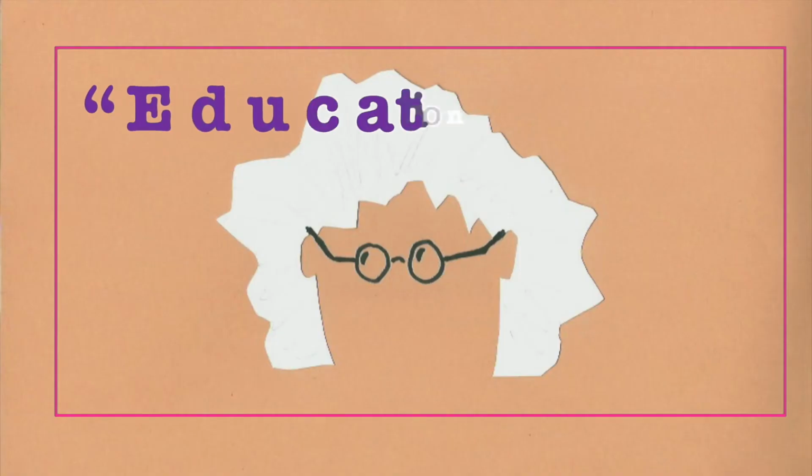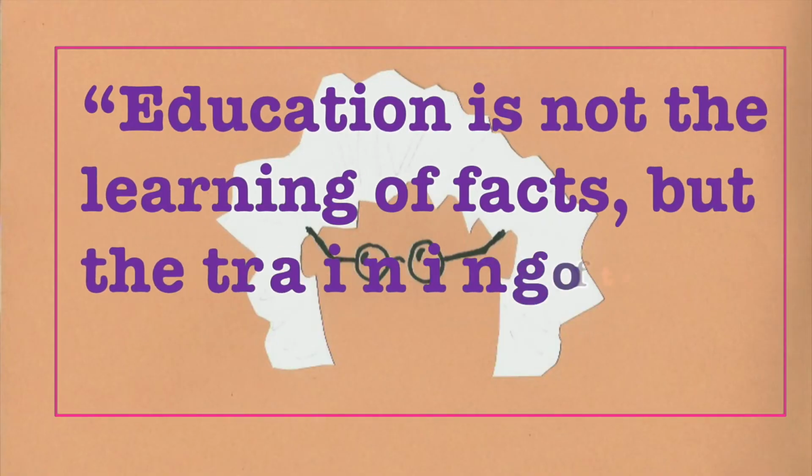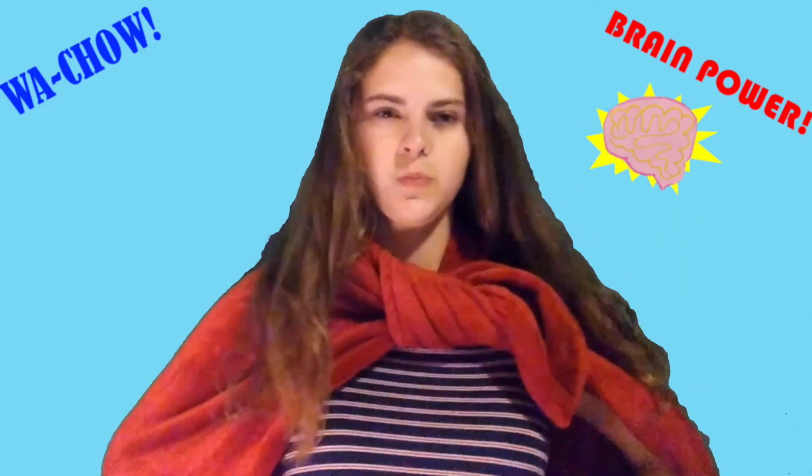Albert Einstein once stated that education is not the learning of facts, but the training of the mind to think. Your whole life is an education, and the entire universe your classroom. Neuroplasticity is a superpower in the sense that you can attain mastery of self. You can positively learn from every experience, all thanks to brain power.